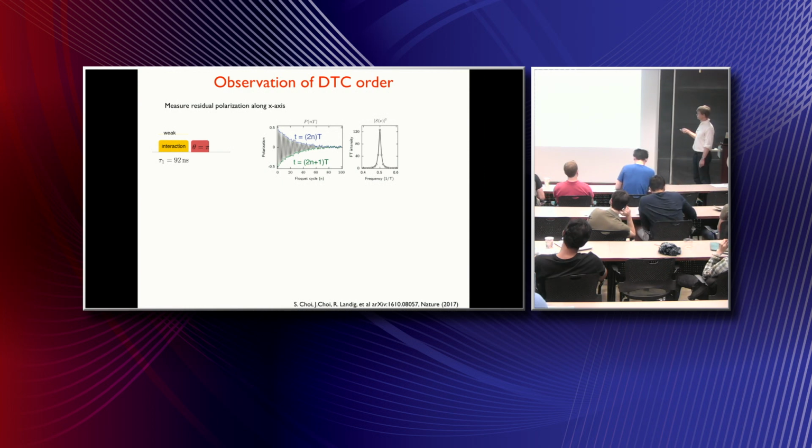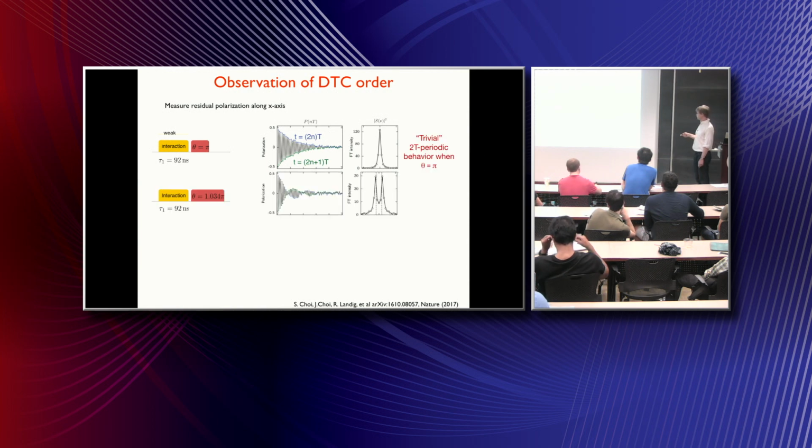So, for example, if this interaction period is weak, but the pulses are perfect, we see this up, down, up, down, up, down motion, and in a Fourier transform there is this response at half of the fundamental frequency. However, if these interactions are weak, this response is not robust. Specifically, if we change this rotation angle a little bit, then precisely due to this phase slip, these correlations decay,